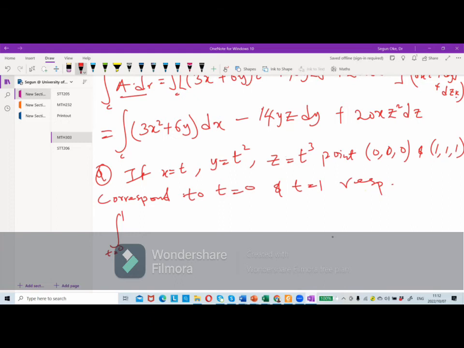So I will now be changing it one after the other. What is x? x is equal to t. So we have t squared here, plus 6 times y, what is y? t squared. So 6t squared, and we have dt. Are you getting it now? Because dx means dt. Take note of that. Minus